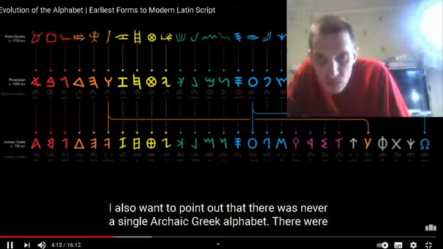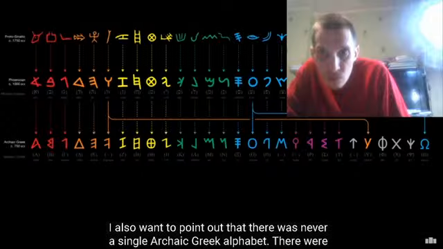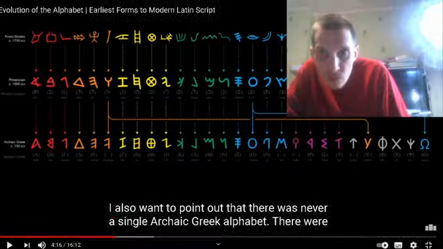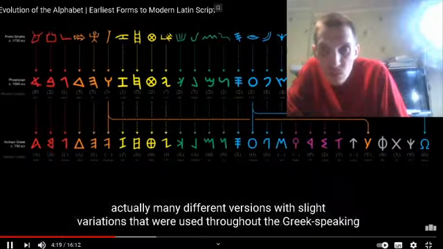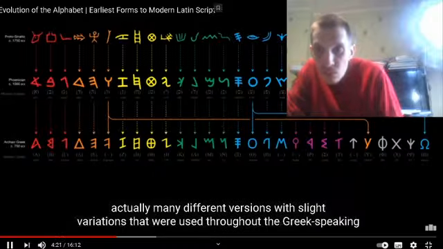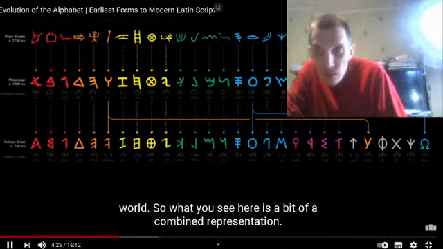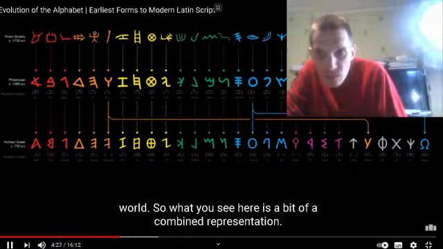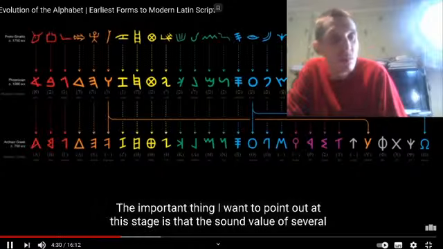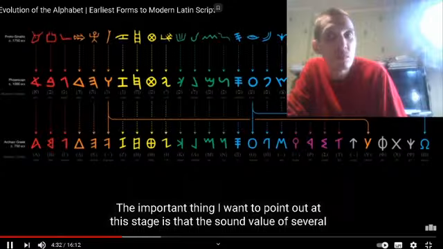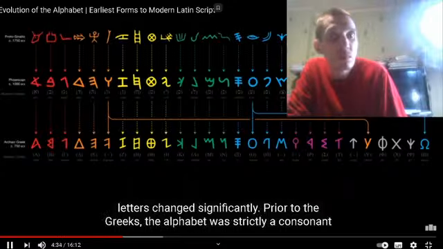I also want to point out that there was never a single archaic Greek alphabet. There were actually many different versions with slight variations that were used throughout the Greek-speaking world. So what you see here is a bit of a combined representation. The important thing I want to point out at this stage is that the sound value of several letters changed